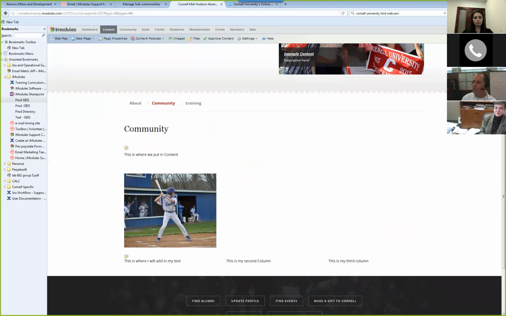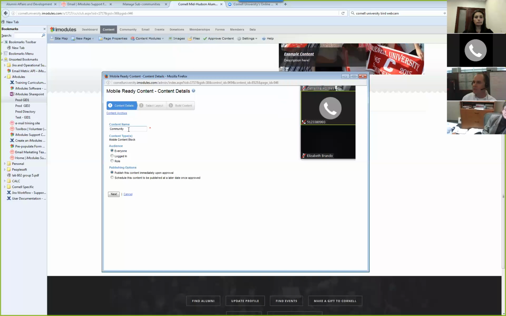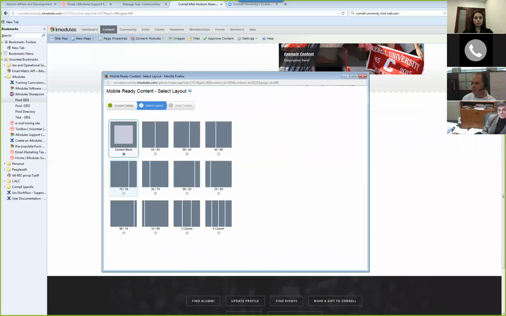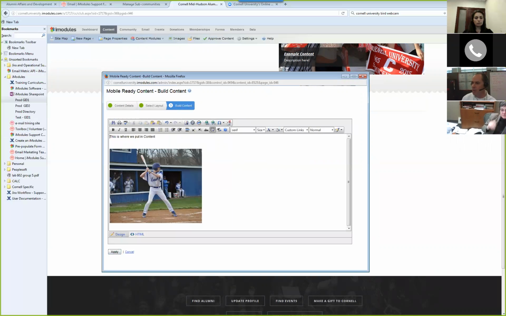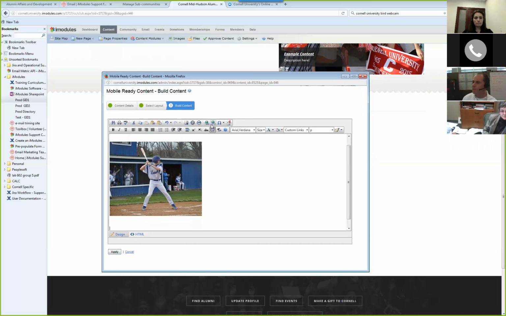So let's go back again. Say I want to put a hyperlink in. I can do the same exact thing. I'm going to hit next. I'm still keeping this as a single block. I'm going to edit it. Now I want to put a hyperlink in. There's a little button right here, Hyperlink Manager. Hyperlinks should all be done via the Hyperlink Manager tool.